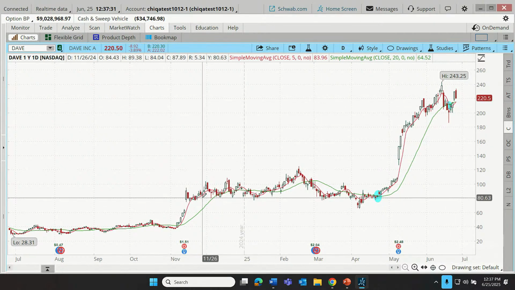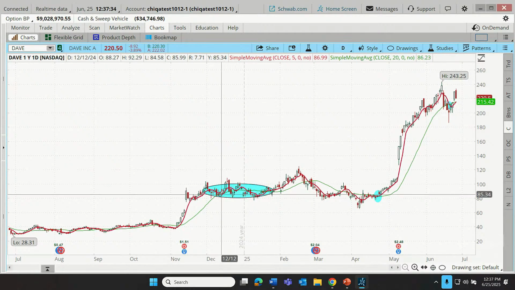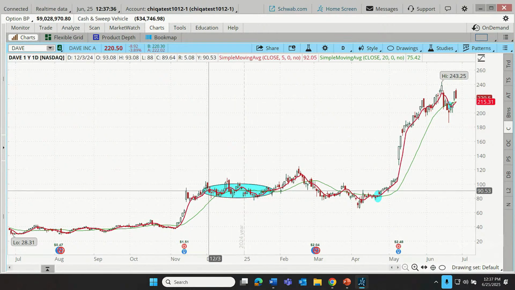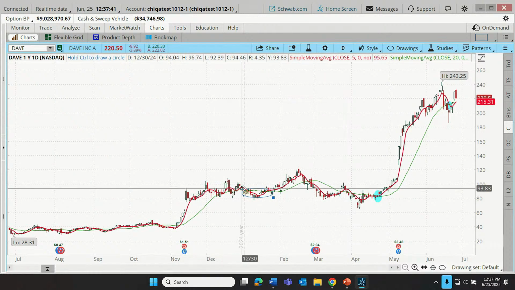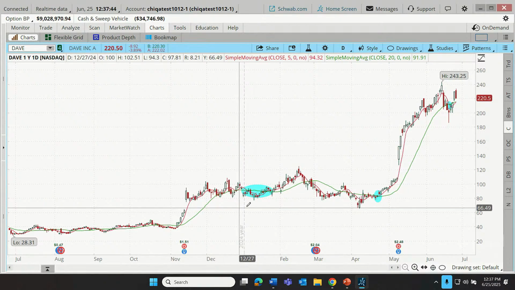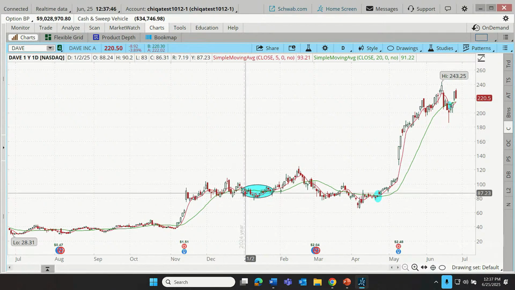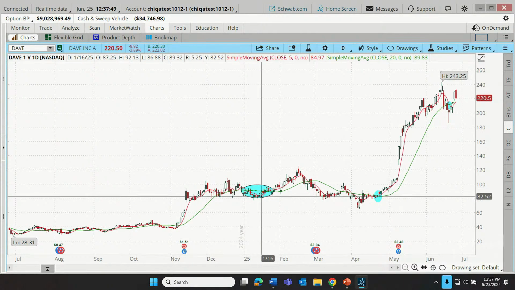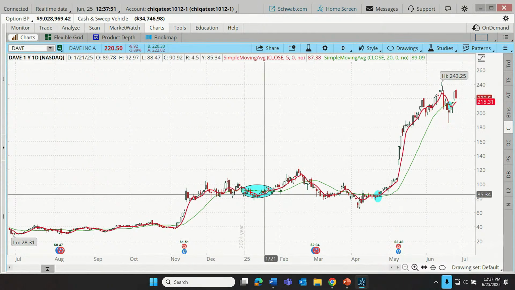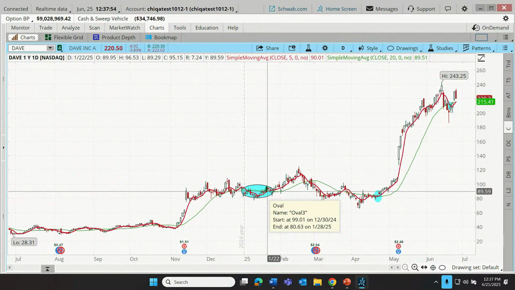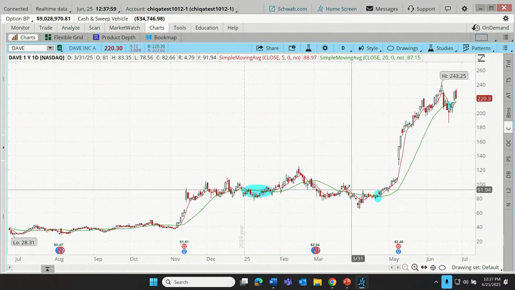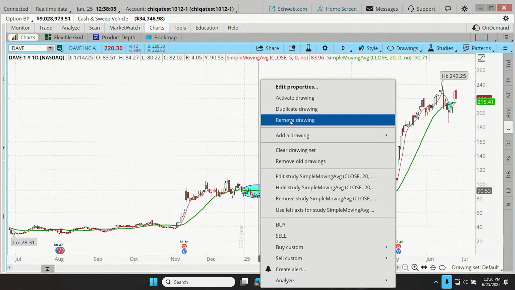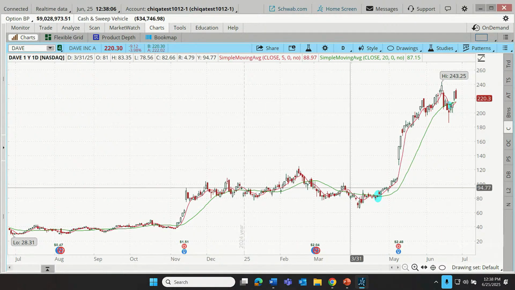You can get periods like this where you get what we call, I don't even know if there's a really good example. I kind of went in too close. Let me activate that drawing because it doesn't look like that's making the point I wanted to. Anyway, the idea here is sometimes we'll get a crossover where it will seem to signal it's time to get in, and then it crosses right back down and it signals to get right back out, and it wasn't profitable. Oh, there's an example right there. There's what we'd call a whipsaw.